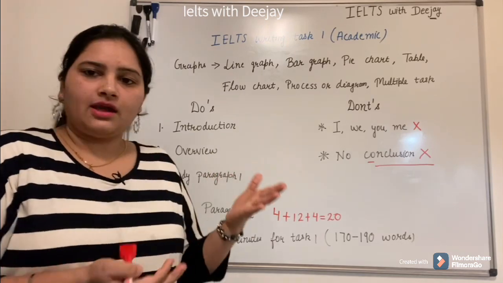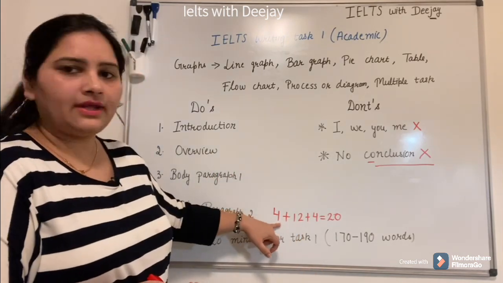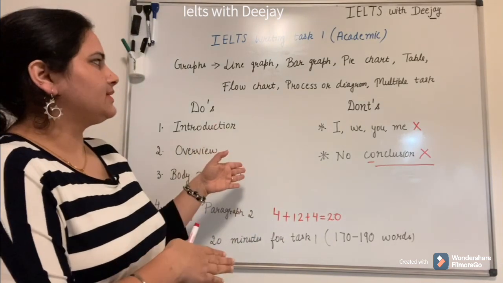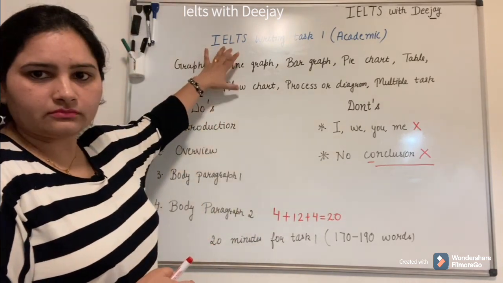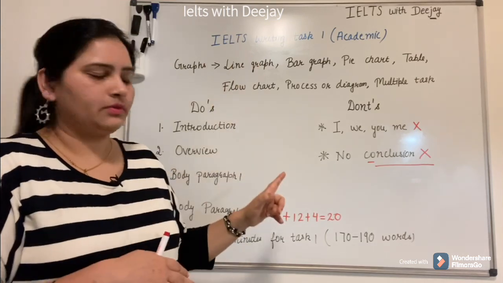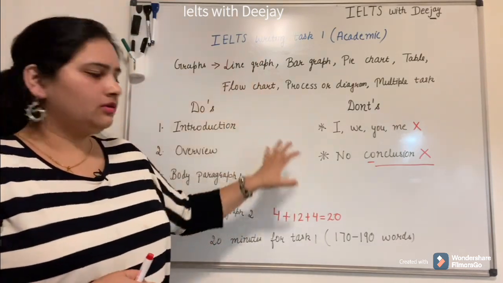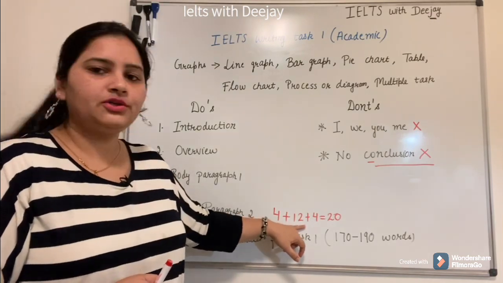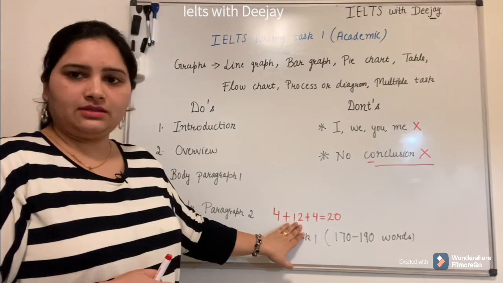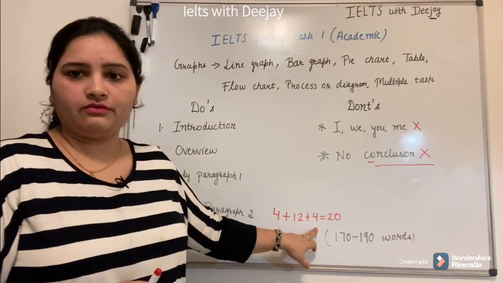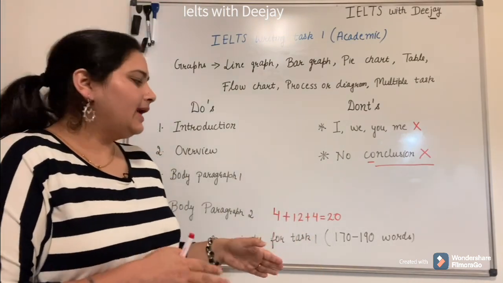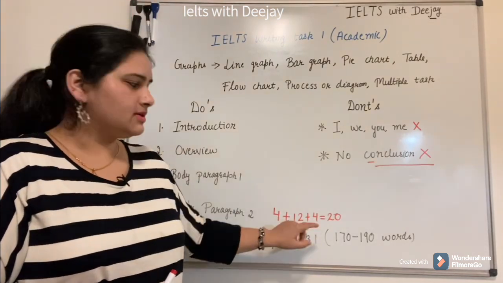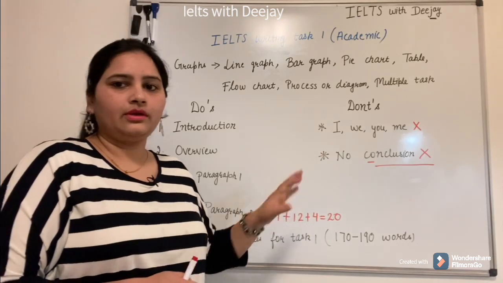When you get the task 1, you should do proper planning, that what trends and how you're going to write it. You have to understand which graph is this, because then only you can write it properly. After analyzing everything, you will go to the second stage, that is writing. Here you will start writing. After completing, you will do the proofreading, where you will check for the spelling and any grammar mistake that you have done. So you will do it here, and this is how you will complete this one. Okay,